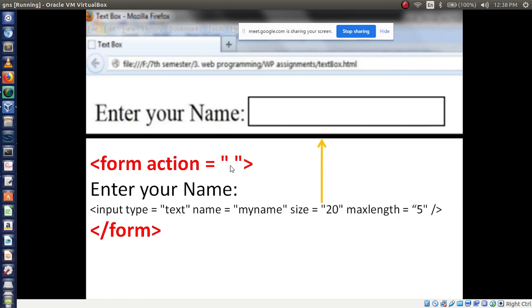Null means I am not designing an exact page here. If I click on the button, my data will not go to any database. I am designing a simple form. It means it will accept the input, but it will not store it or take that input to other pages. So that's why I didn't mention any path.